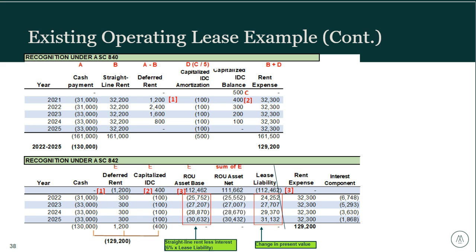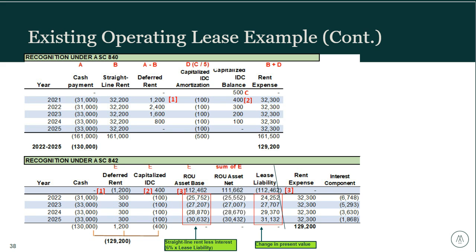This kind of helps show the totals there, what happens between 2022 and 2025. And we will be sending these slides out, which I think would probably be most helpful when you're actually going through this to get the mechanics down yourself. But to me, it was easier to see it broken out this way. We can see where our deferred rent, that little 1 in the top line of the top table, comes down effective 1/1/2022 as $1,200, that's getting reversed out and put into what I call this ROU asset base,